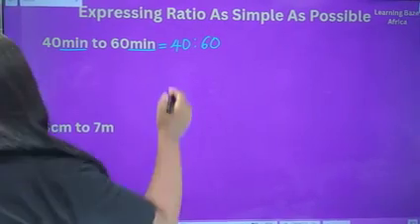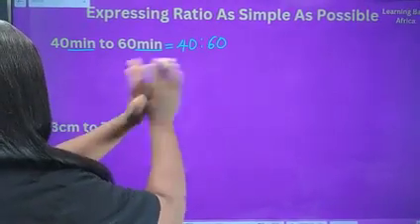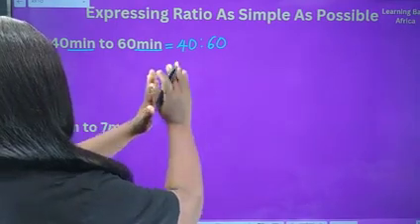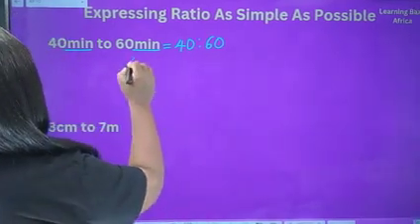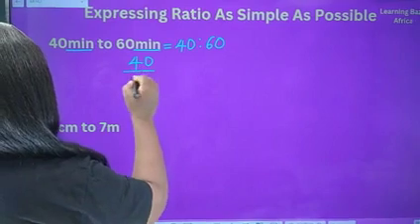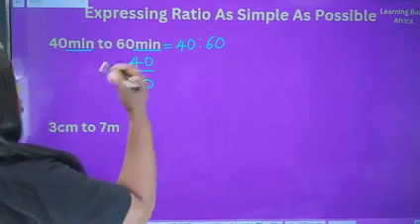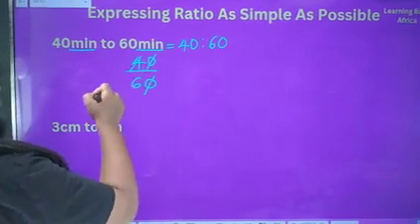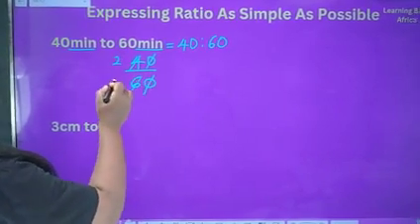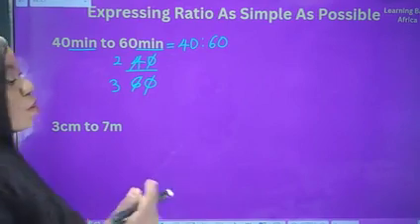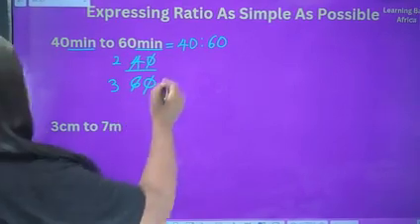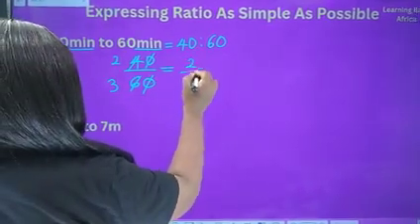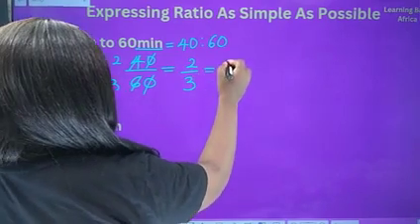Now let's continue. So expressing this ratio as simply as possible, we have 40 minutes to 60 minutes. So we express as fraction. So that is 40 over 60. Reduce to its lowest term. 0 cancels 0. 2 divides 4 is 2. 2 divides 6 is 3. Which means 2 is a common factor of 4 and 6. So at this point, we have 2 over 3. Writing it as ratio, that is